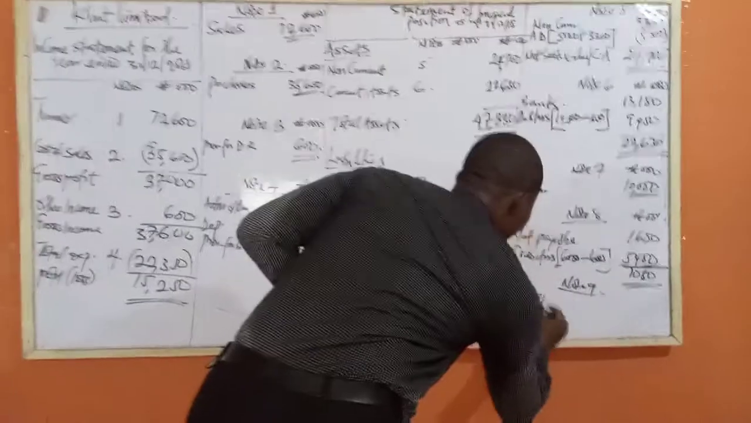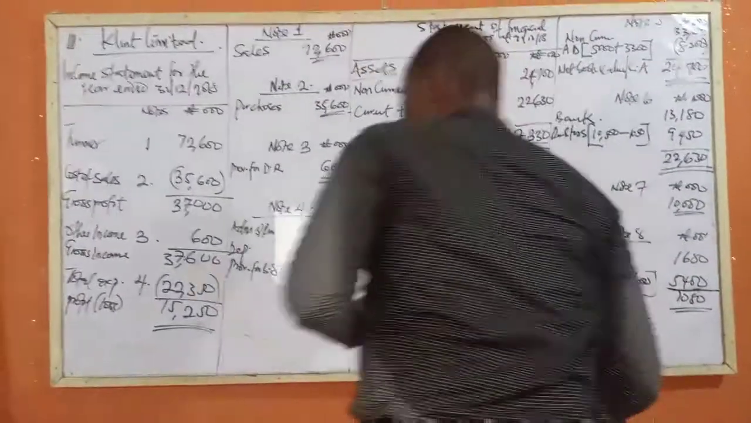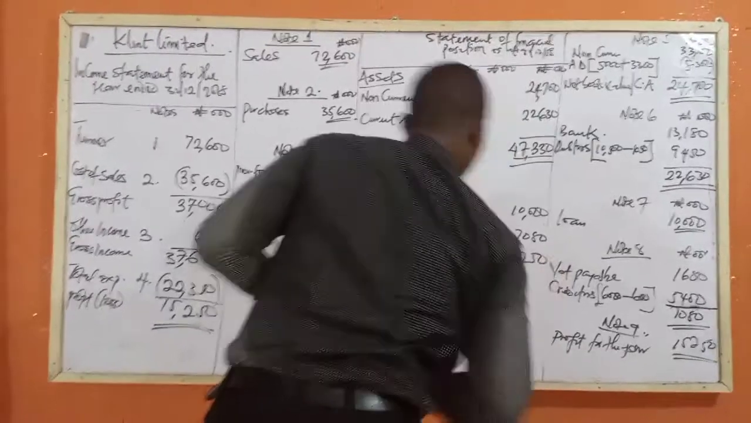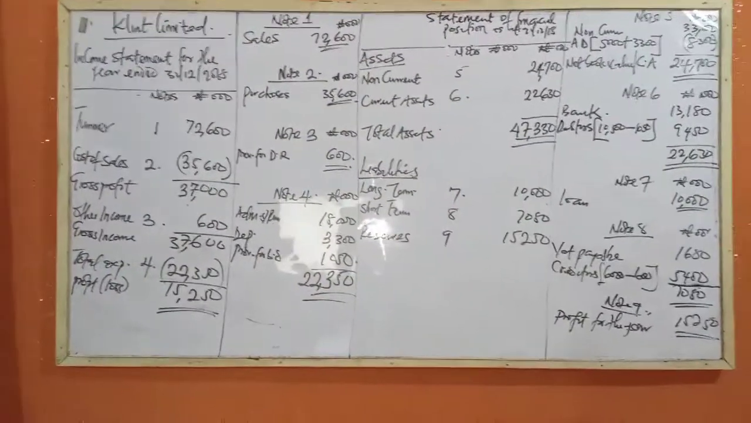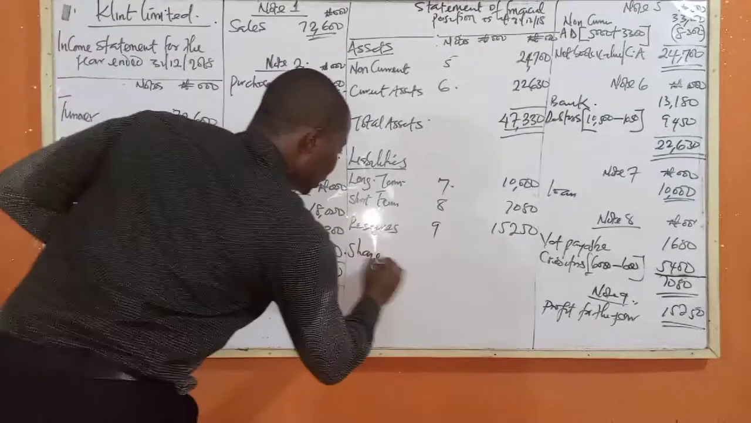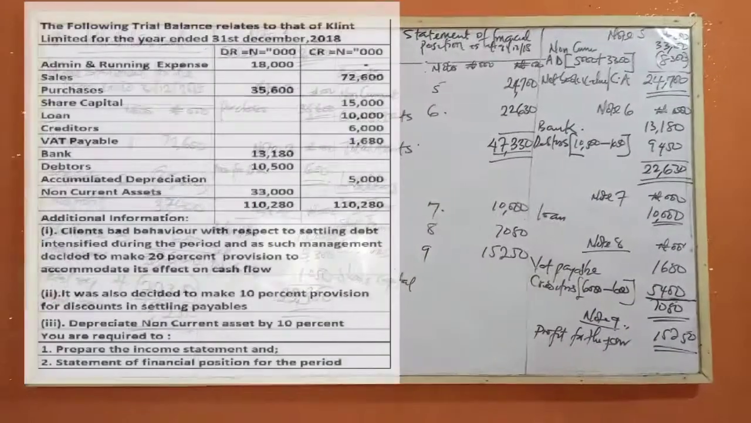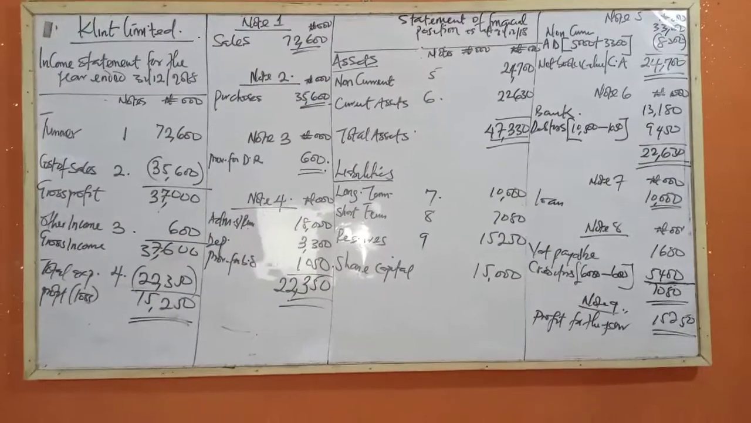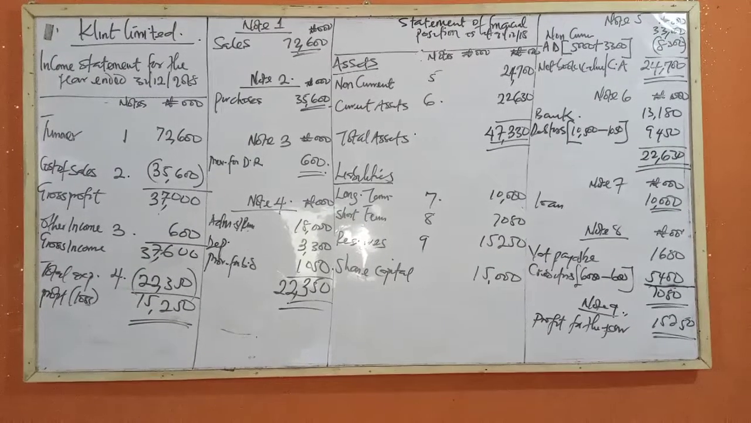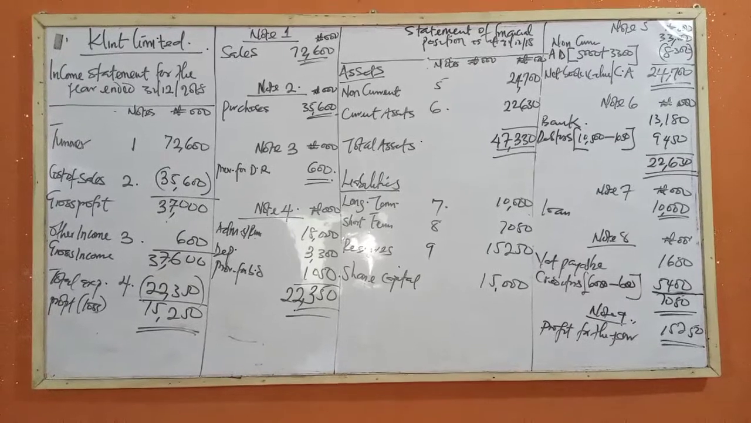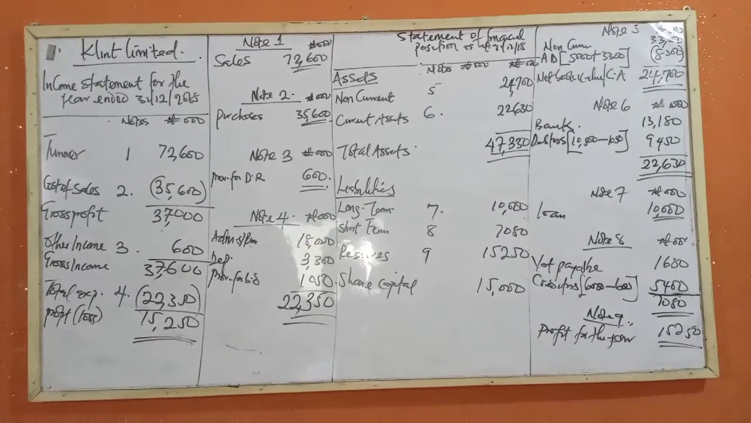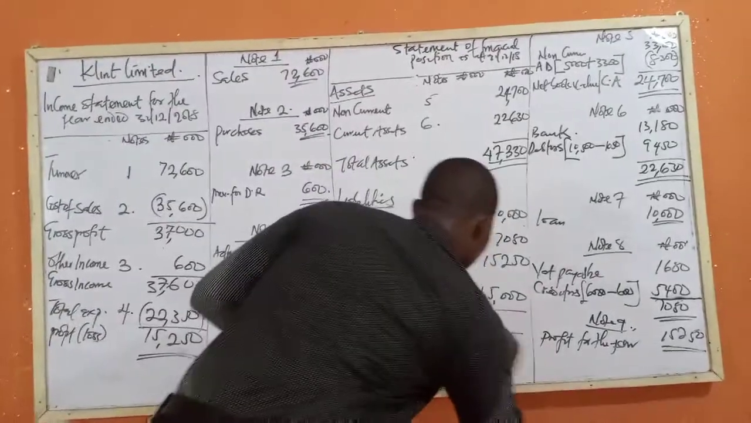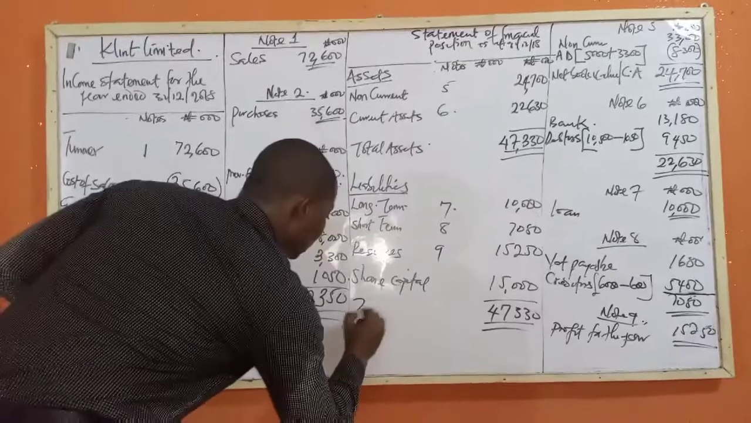So we have profit for the year, 15,250. Right? So what's the next item there? Share capital. How much is that? 15 million. Okay. So what do you have there? We have 10,000 plus 7,000, plus 15,250, plus 15,000. So what do we have there? 47,330. So this is your total